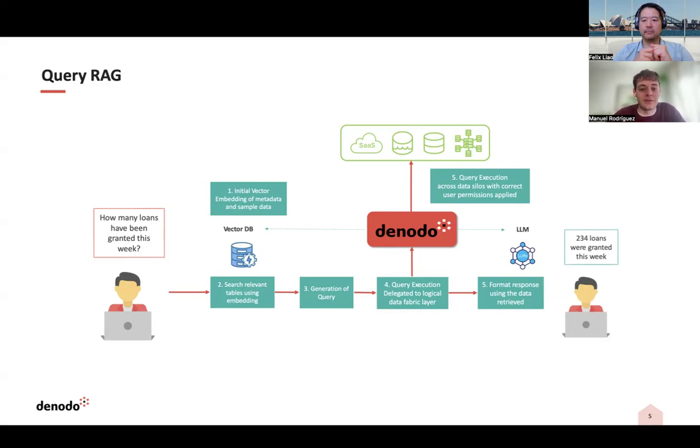We will generate an SQL query, and this is where the difference with RAG is. In normal RAG, you would just pass the chunk as is to the LLM, whereas in Query RAG, we actually have to generate an SQL query on it. We have to execute the SQL query, and then that execution result is what we pass to the LLM to be able to confidently answer our question.